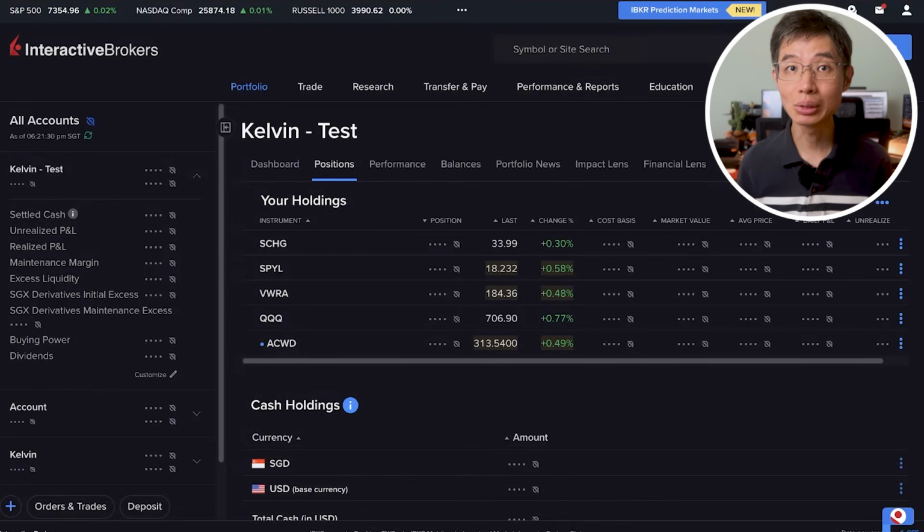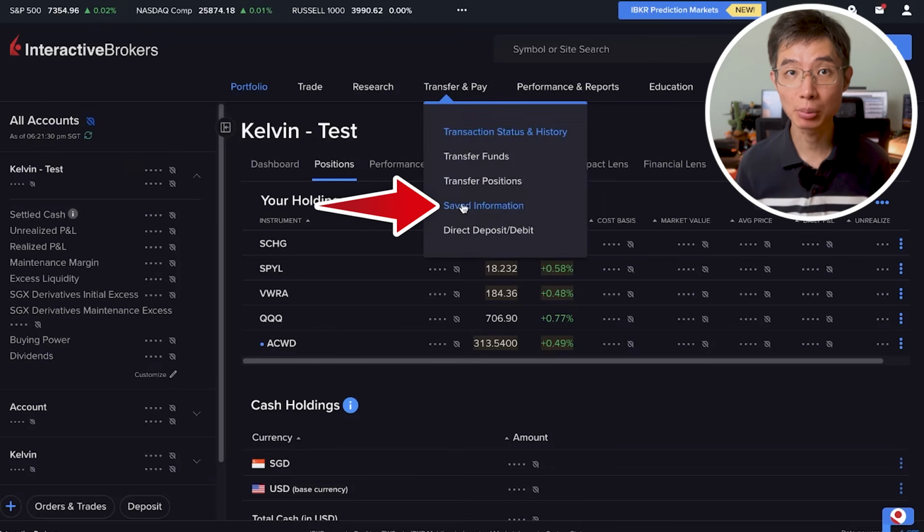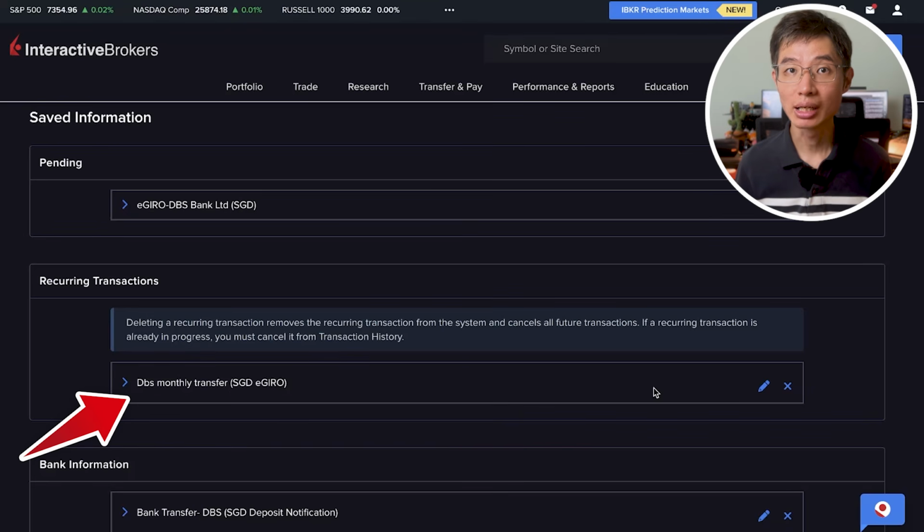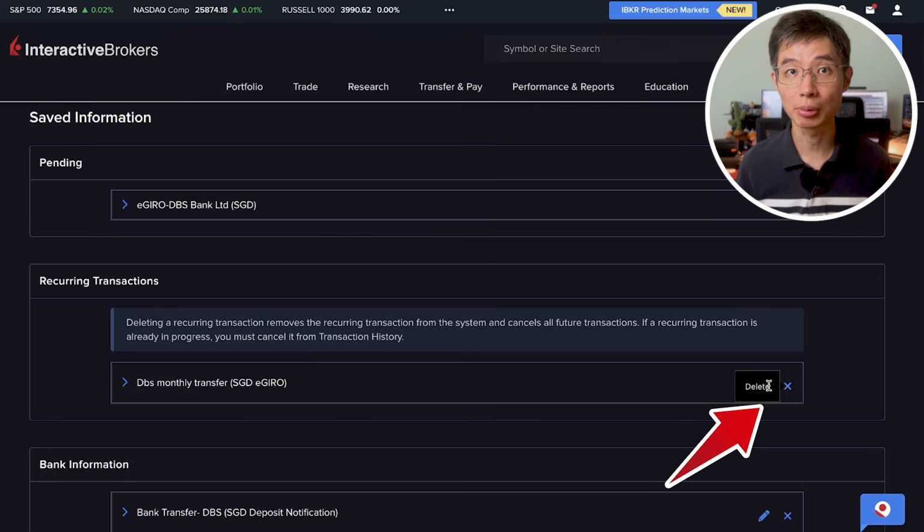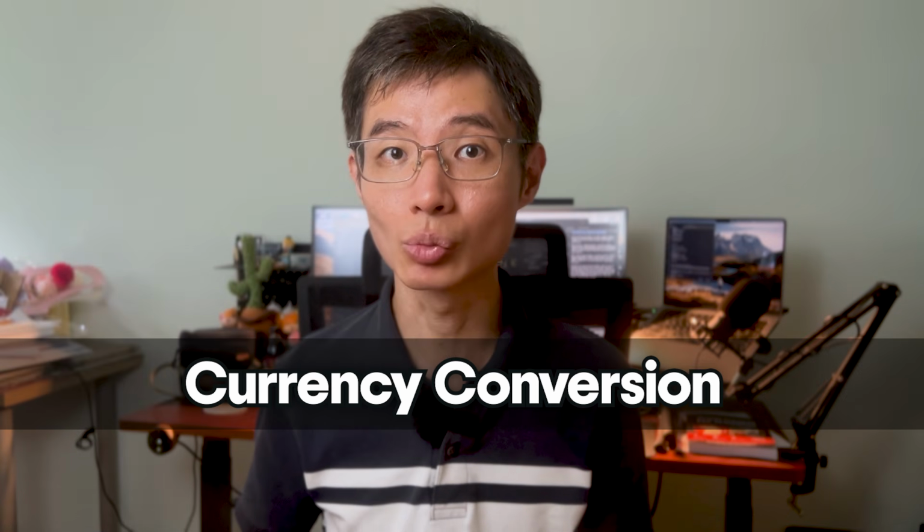However, if you ever need to change the amount or cancel, you will need to do that on the web portal. Go to Transfer and Pay, Saved Information, find your recurring transaction, and you can modify or delete it from there. Moving on, if you want to buy US or UK stocks, you will need to convert your local currency